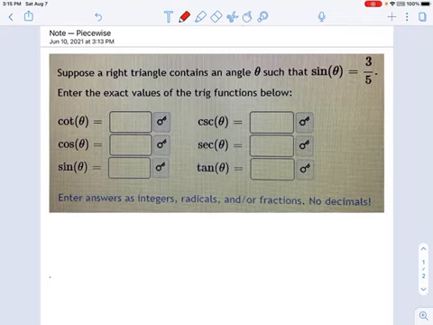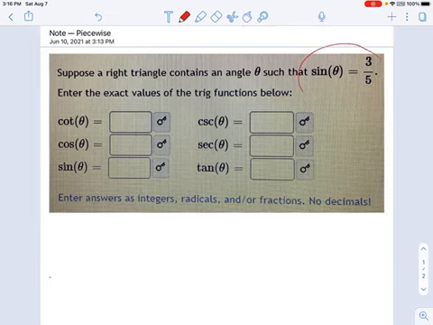Now this is an interesting problem that's asking us for trig ratios, but it's not showing us a triangle. What you're going to have to do here is build your own triangle, and then once you have the triangle completed, you can determine the 6 trig ratios. This is a common idea that you're going to be seeing a lot of in the next couple of units with trigonometry, building your own triangle based on information that's not a picture.